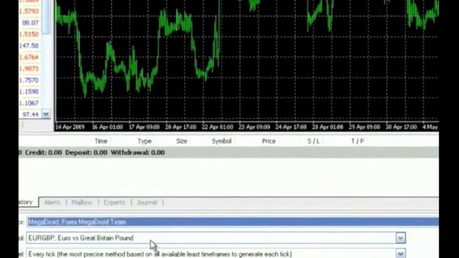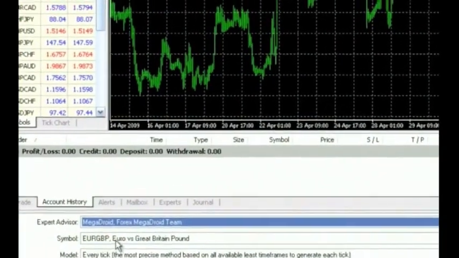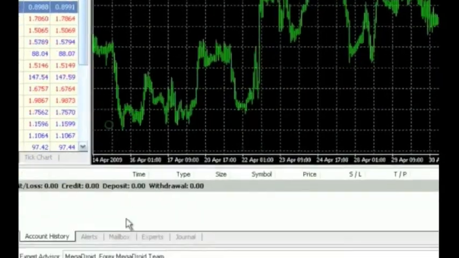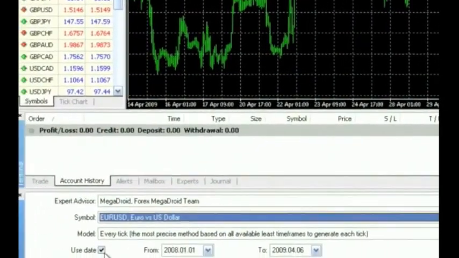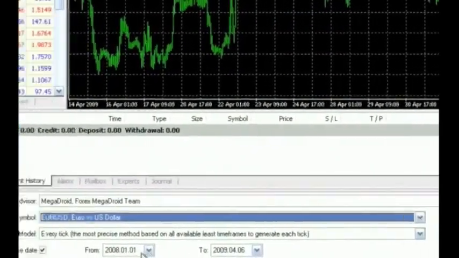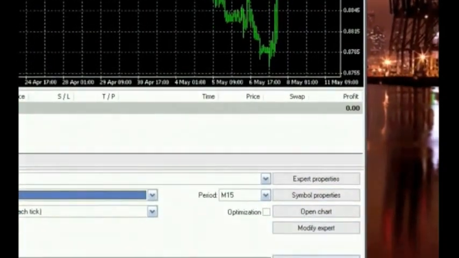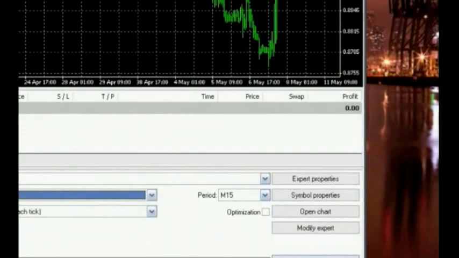I'll zoom in here. Sorry about that. So you can see what market or currency pair that you want to use to test. And there's some other factors here. Which date range you want to test from, what time period, and after all that you hit start. Well, that's partially true, but it's not that easy. You might have seen